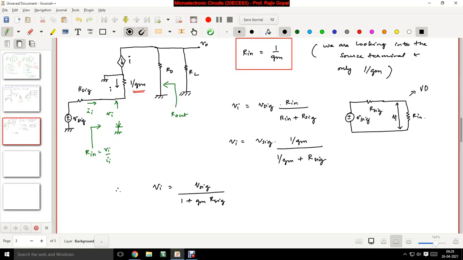Okay. Is it clear till here? Right. Then if you look at this point, what does this tell you? V signal is the actual input signal which you are giving to the common gate amplifier. Vi is the supposed input across the internal impedance Rin of your amplifier. Then what does this equation tell you? Vi is equal to V signal by 1 plus Gm into R signal. Any guesses? What is the implication of it?